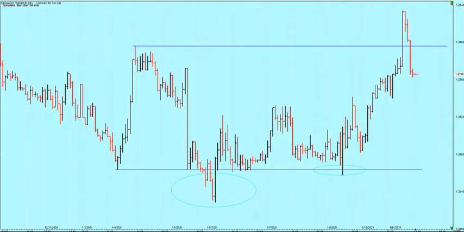So the key in having a good point and figure chart is knowing how to construct the point and figure chart. And I spend a great deal of time with my coaching students sharing with them how I build my point and figure charts for each one of the markets that I trade, from Forex to commodities to crypto, stocks, indices. And at this point, I'm just kind of day trading. So this would be more for day trades, but you can certainly, and I teach all of my coaching students